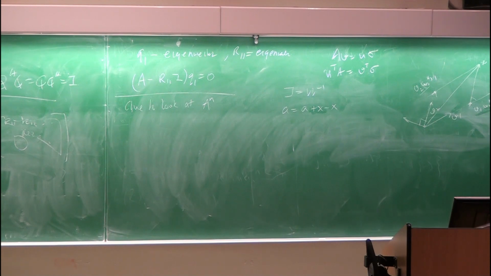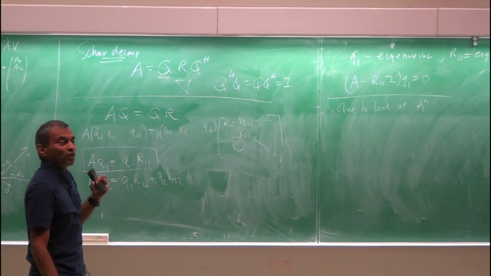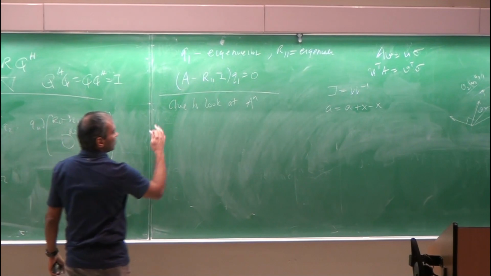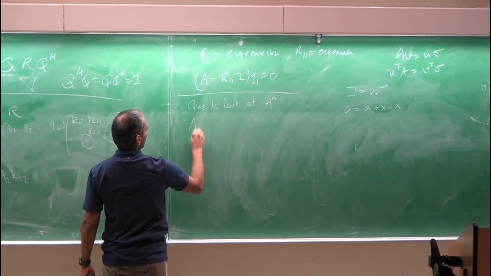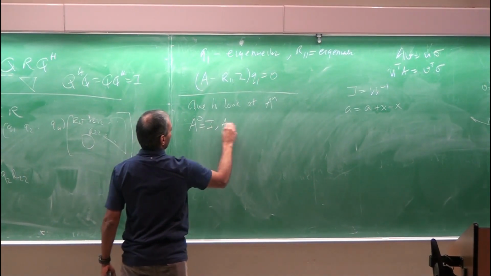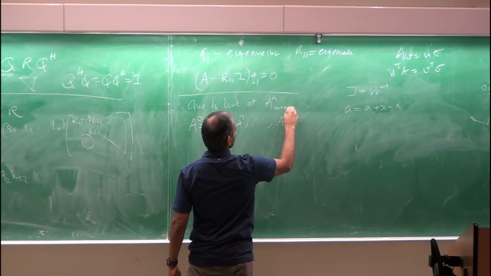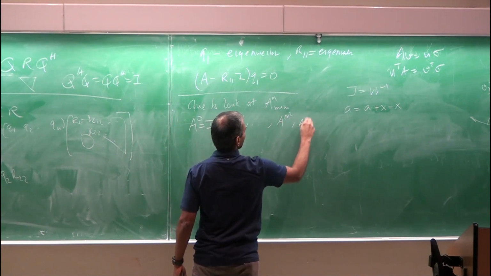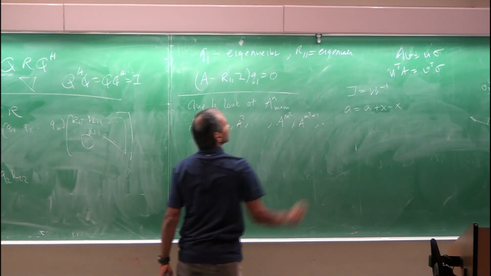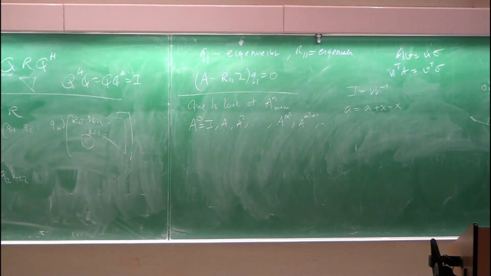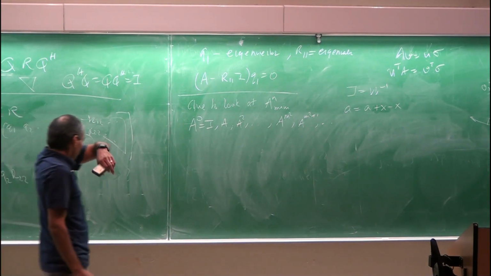So similarly, one of the most common tricks is to look at A power of n when you want to understand the matrix A instead. Very often A power of n would behave far more simply than A itself. So we want to look at A power of n in this case. What we do is look at a whole sequence of them: A power 0, which is defined by identity, A squared, like that. Let's say that A is an m by m matrix, so we go up to A power m squared and then A power m squared plus 1, and we keep going like that. So we said in the last class that